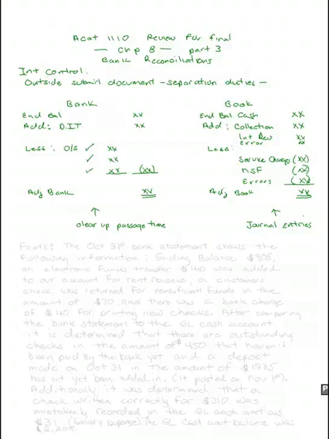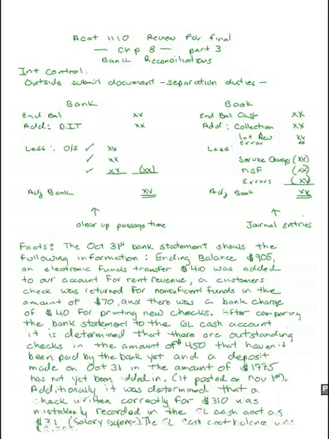How about I give you a set of facts and then you use that to create your own bank reconciliation. Hold on and I'll draw up a problem for you. Wow, look at all those facts. We received a bank statement on October 31st. Some following information. The ending balance on the statement was $905. The bank showed an electronic transfer of funds of $410 was added to our account for rent revenue. A customer's check was returned for non-sufficient funds in the amount of $70, and there was a bank charge for $40